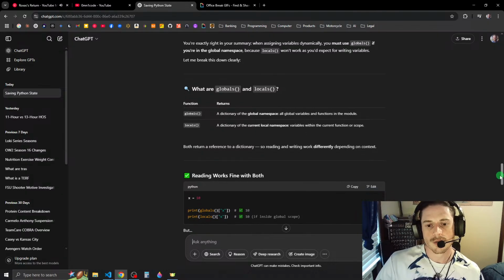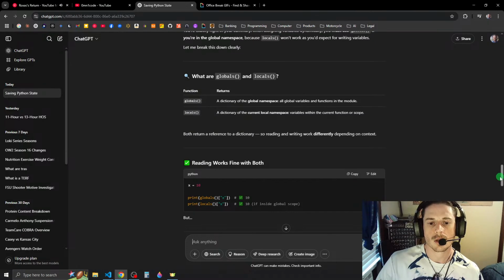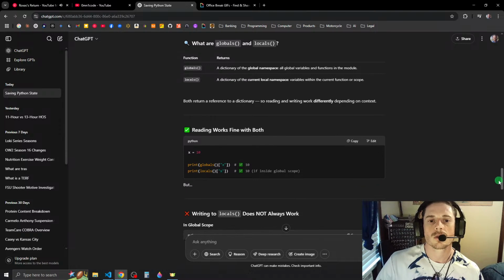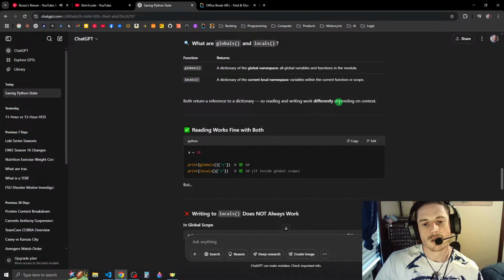Locals: a dictionary of the current local namespace, variables within the current function or scope. Both return a reference to a dictionary, so reading and writing work differently depending on the context.